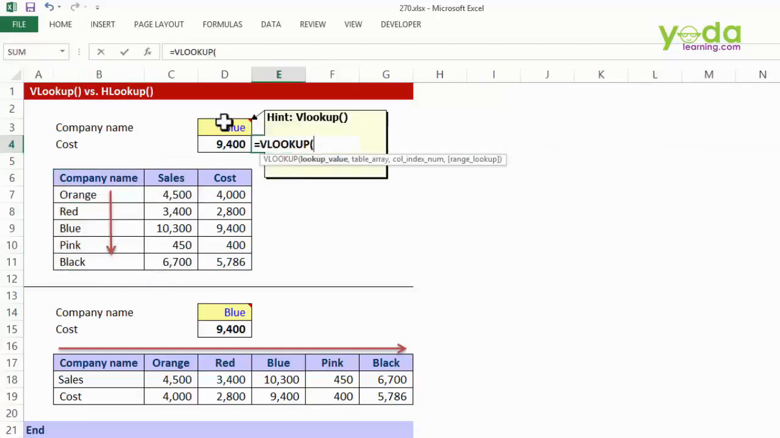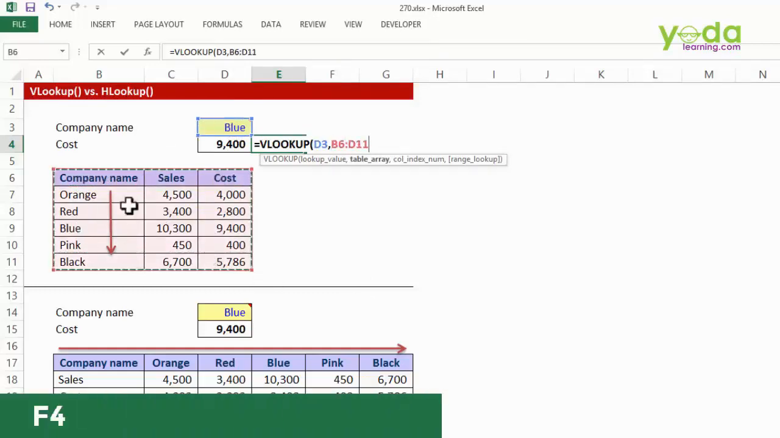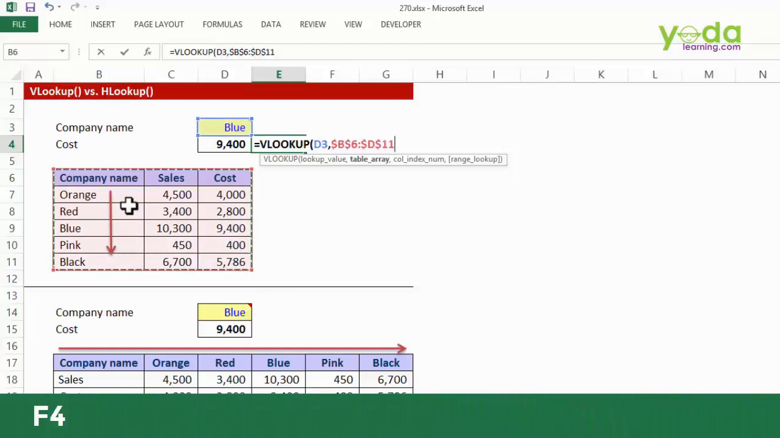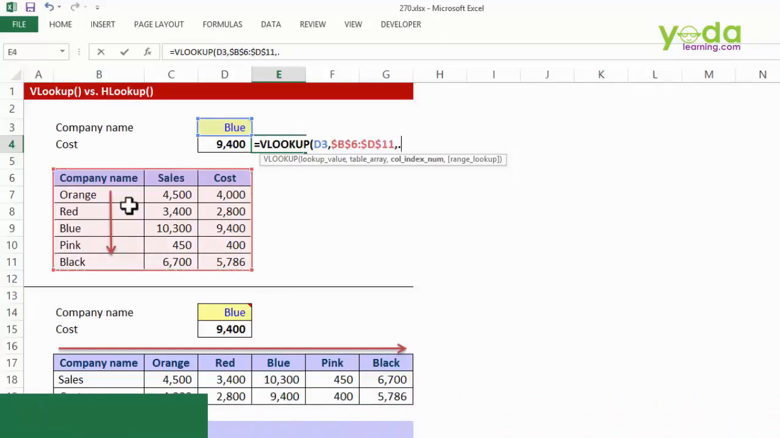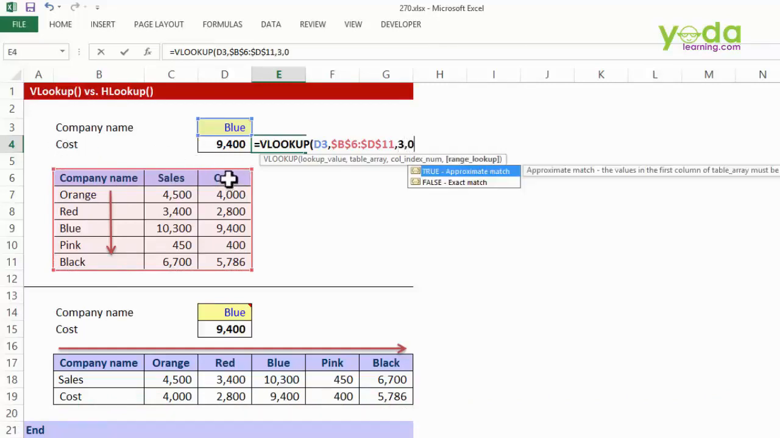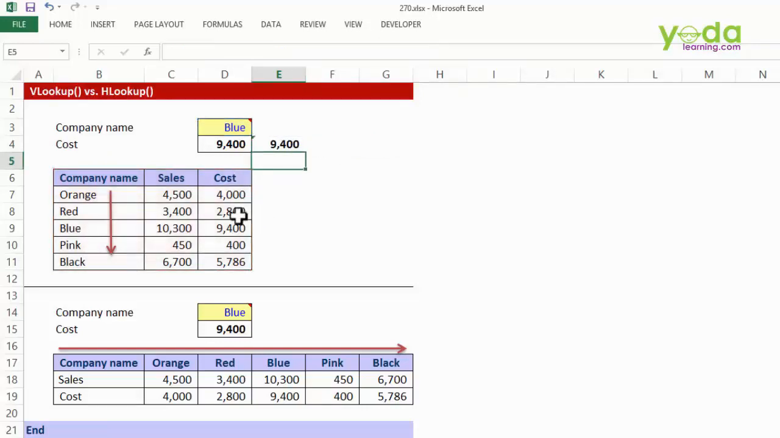Look for the company Blue, that's the lookup value, comma, thereafter choosing the table starting with the column containing the common link. As usual, I'm going to press F4, comma, thereafter, column index number 3 because I want to fetch the answer from the third column, 3, comma, 0, enter. Now the same data,